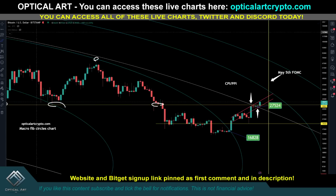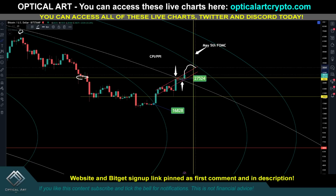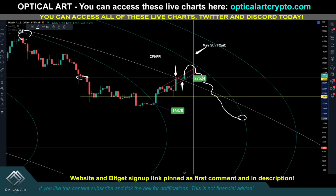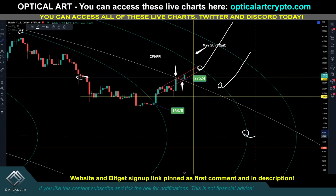If we crash, if the next black swan event takes place and price drops, well, if we come back down, let's say we get rejected, come back down like previous price action back here, price comes down. At any point you cross this ring, this is when the bull run begins. So this is way out here, and this is October 2023. I'm not saying I know when we're going to hit it. I'm just saying when you cross that blue ring, that is when you want to go long. That would be the next point Bitcoin goes parabolic. If it's right here and you cross it, that's when you buy, you go long. If we get a major crash and it's down here, well, when you cross it, that's when you go long,